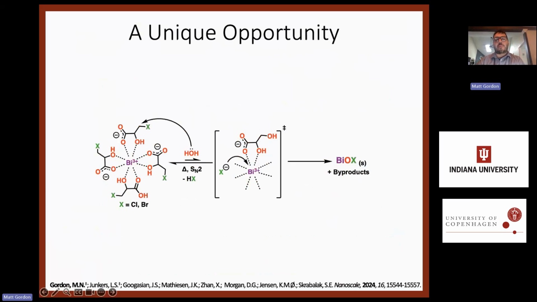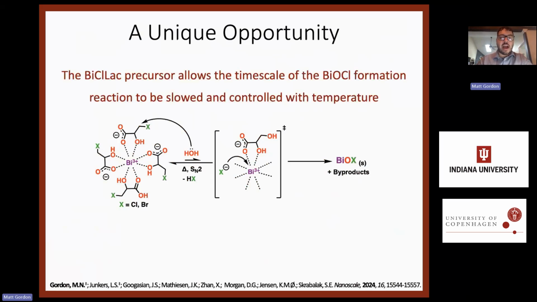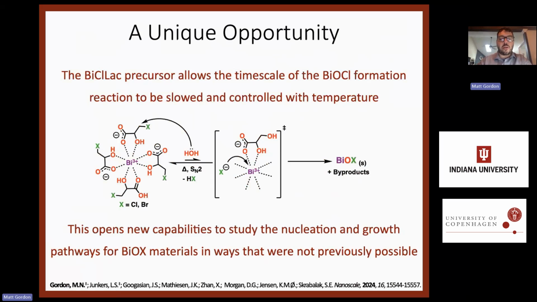To make these bismuth oxyhalide products. And so now, getting towards the TEM work that I know you're all here to see, we realized that we had a very unique opportunity here where, by controlling temperature, we could really control the formation rate of this product. As we alluded to earlier, the great challenge of slowing down that nucleation and growth rate, we realized we had a unique way to now slow down the timescale of the bismuth oxychloride formation using temperature as that lever. And so we were able to open up new capabilities to study this nucleation and growth in ways that were